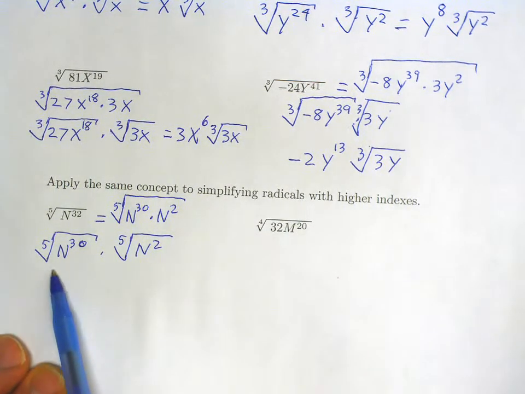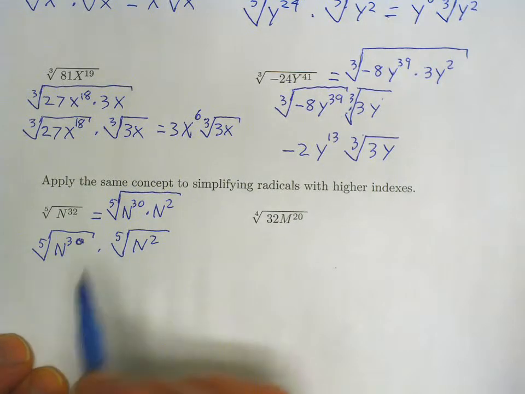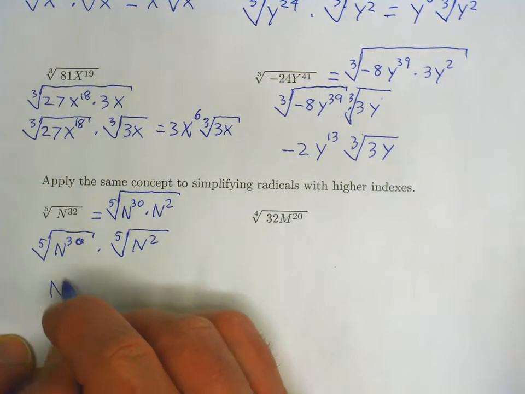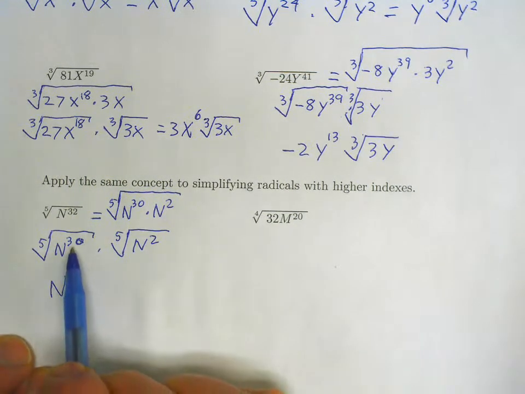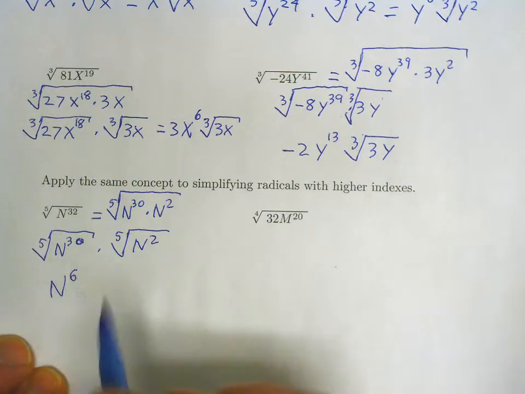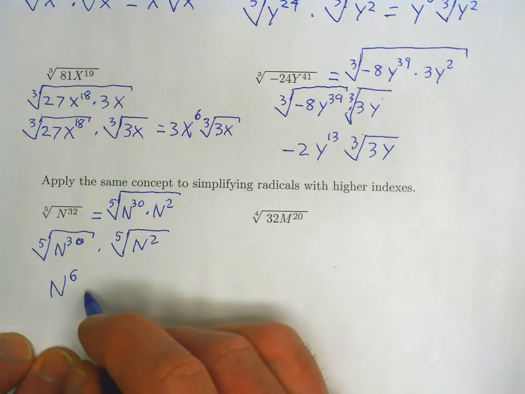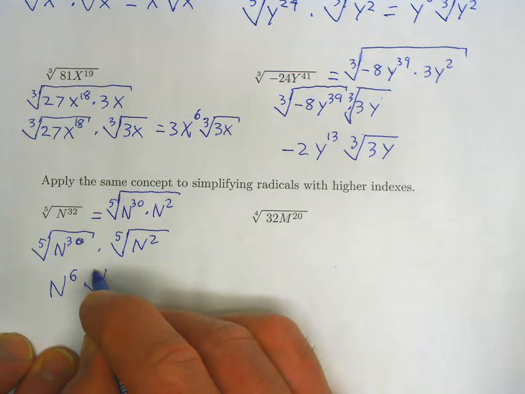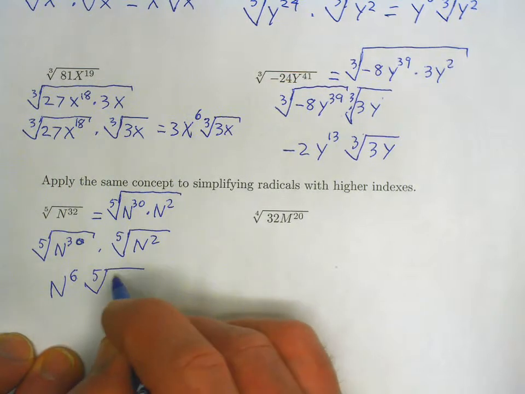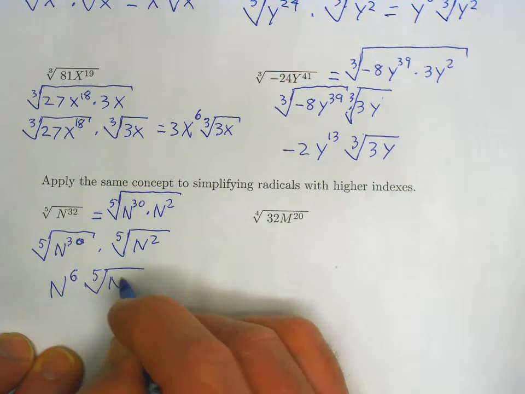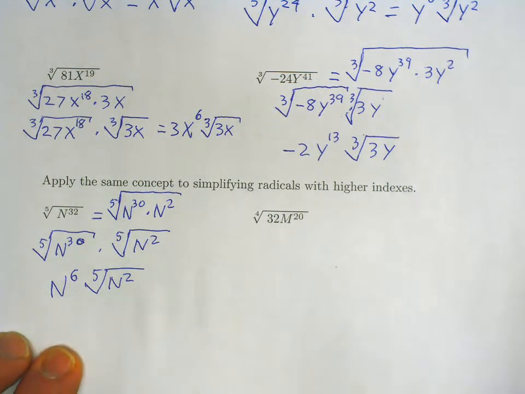And the fifth root of n to the 30th is n to the 6th, because the exponent 30 divided by 5 is 6. And so our final answer is n to the 6th times the fifth root of n to the second. Okay, in the next example,